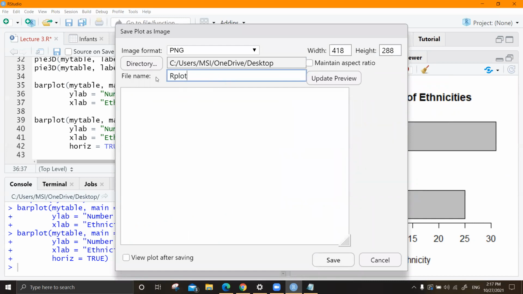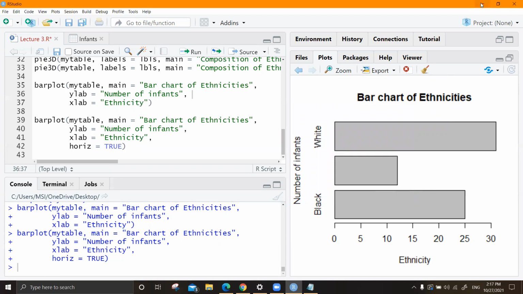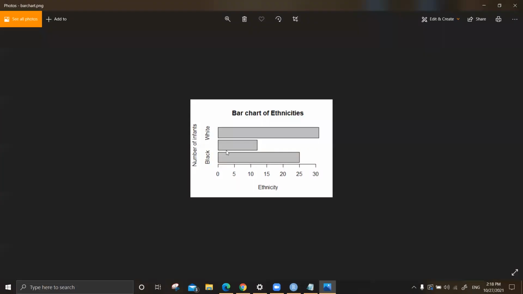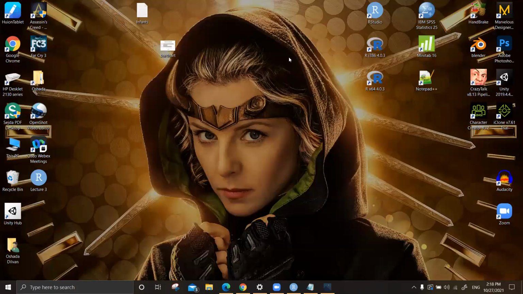You can give any name to your plot. Say any name. And you can save it. I don't know whether it is saved properly because of the dimensions of this. Let me check. Yes, it's there. You can give any location, browse and give any location. It has saved the wrong chart. You have to expand the window and get the proper chart. Let me properly do that.